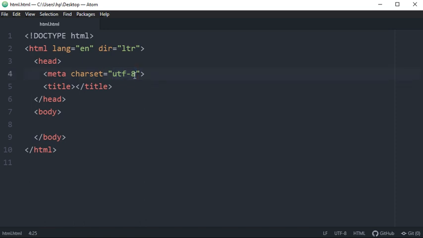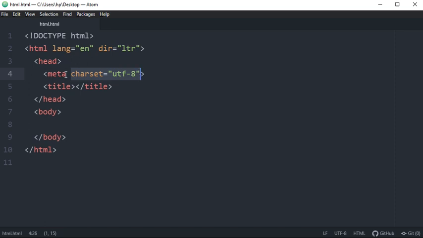It consists of all the characters you are going to use, all the alphabets, numerics, and special symbols like hashtag, at the rate, commas and braces. Everything is already included inside UTF-8, and we are going to use UTF-8 in an HTML5 document. It doesn't matter whether you define this or not, because the doctype declaration already defines that this is an HTML5 document, and an HTML5 document by default uses the character set UTF-8. Either you define it or not, it will automatically adjust accordingly.